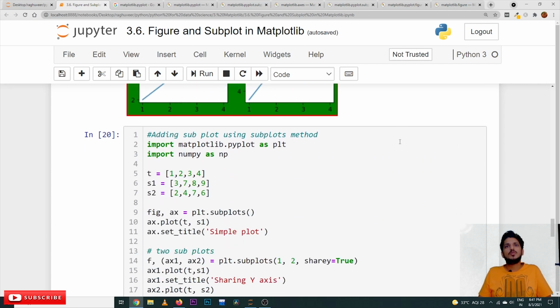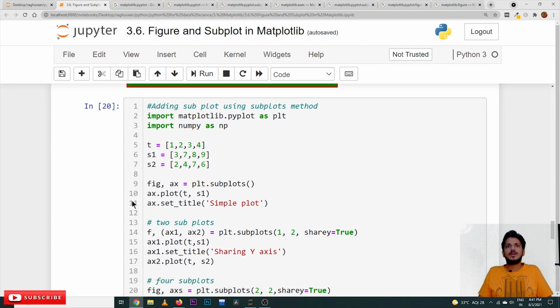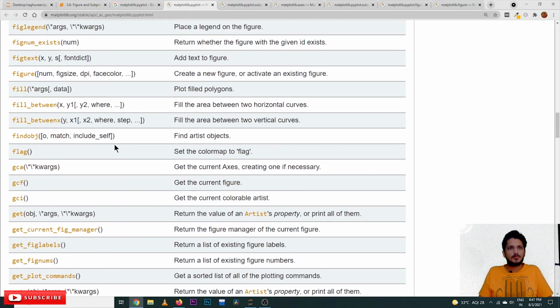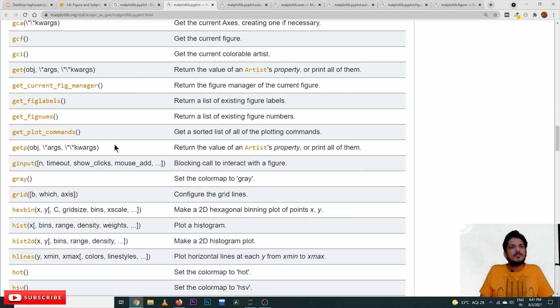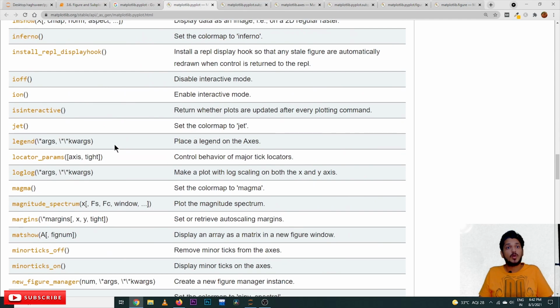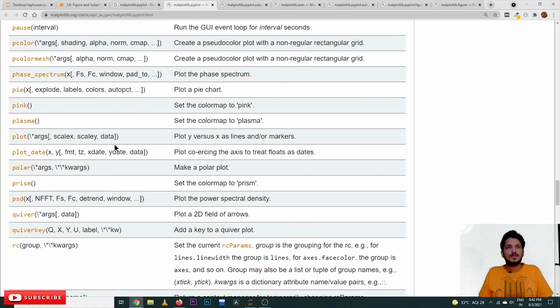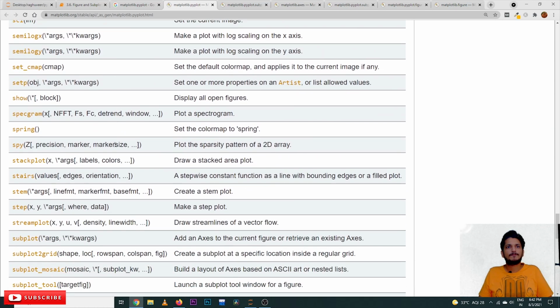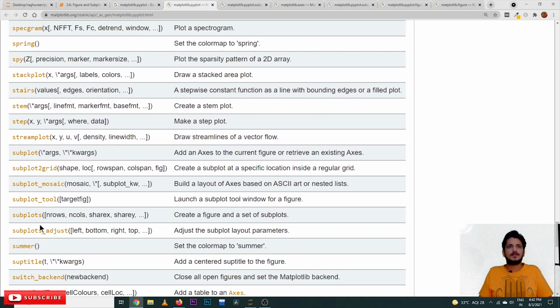Now we can do the same thing using one more way. What's that way? Here we will use matplotlib.pyplot. From matplotlib.pyplot, we have the function called subplots. See here, this is the subplots method.